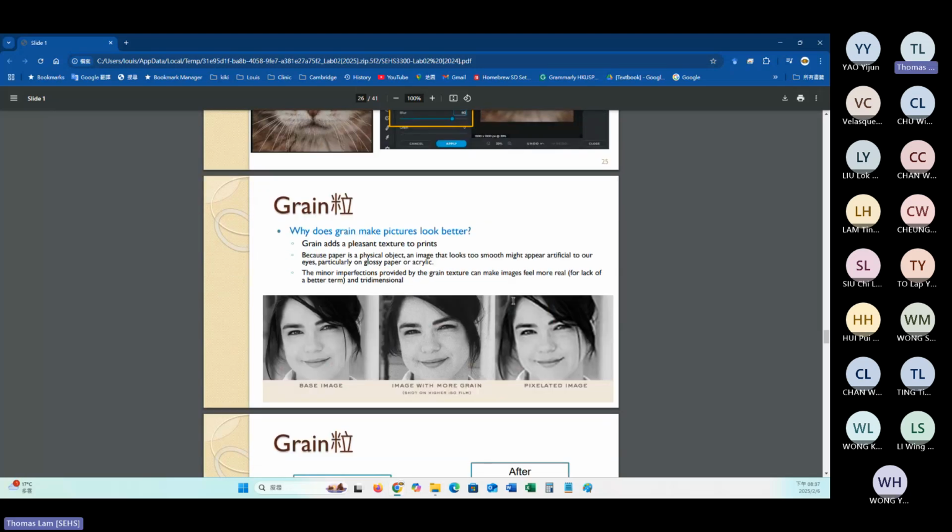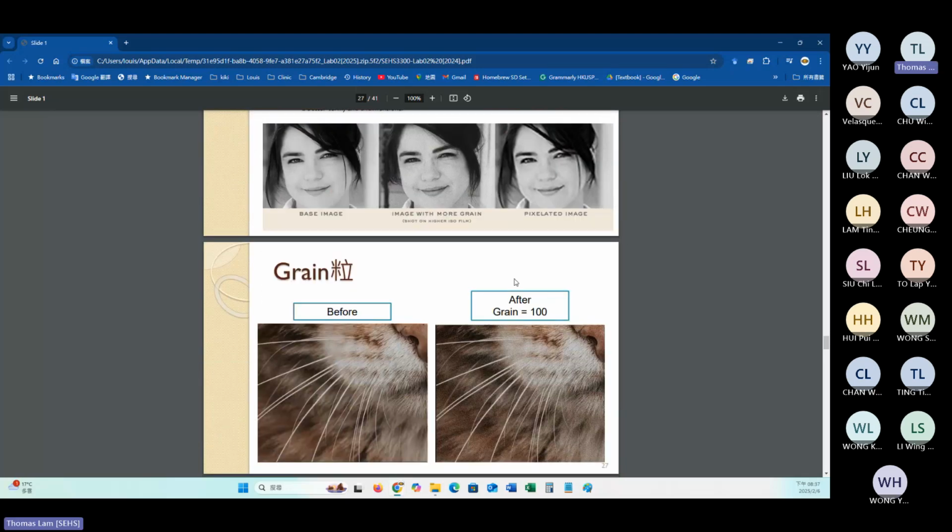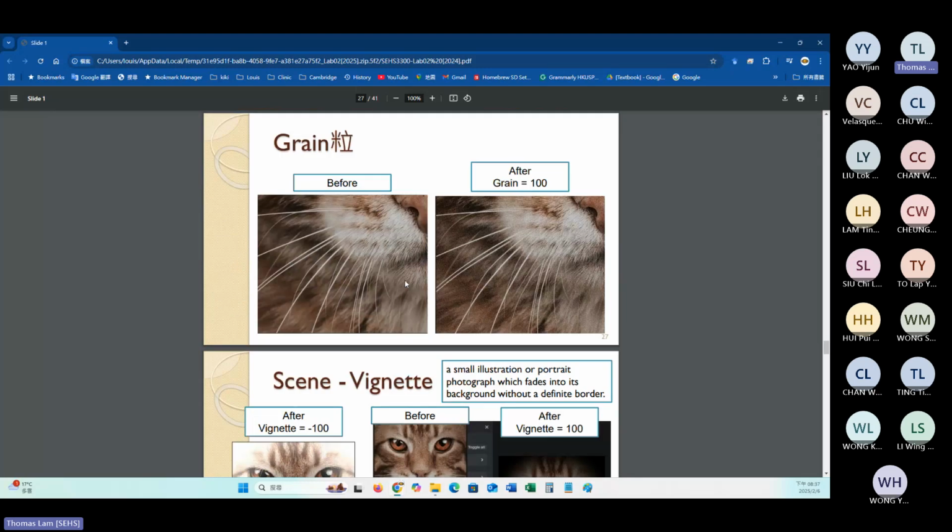This one is rather interesting, green. If you want to make the photo have certain dots, you can add this one. You need to enlarge the cat photo so that you can see the difference.